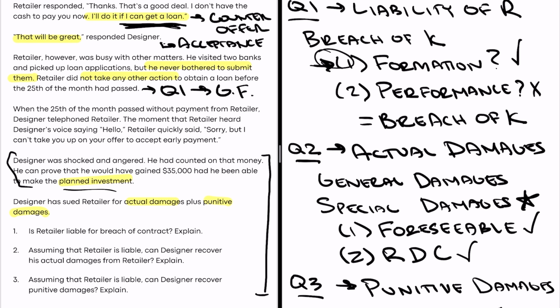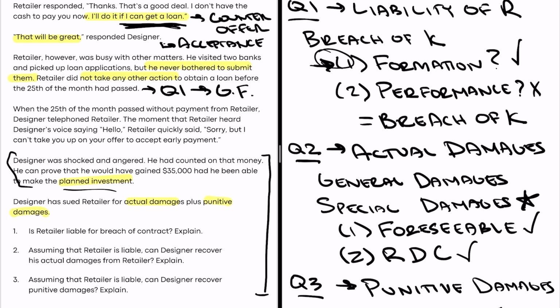It doesn't matter whether the contract says you have to act in good faith or not. It's implied in every legally binding contract that both parties have to operate in good faith. So if you say there's an express condition to obtain a loan, you have to take reasonable steps to actually go get the loan. Failure to do that is a breach of the good faith and fair dealing, implied obligation